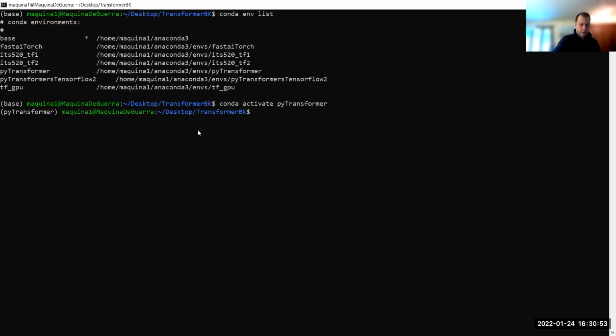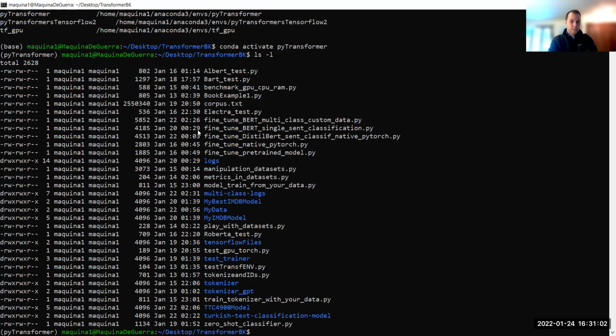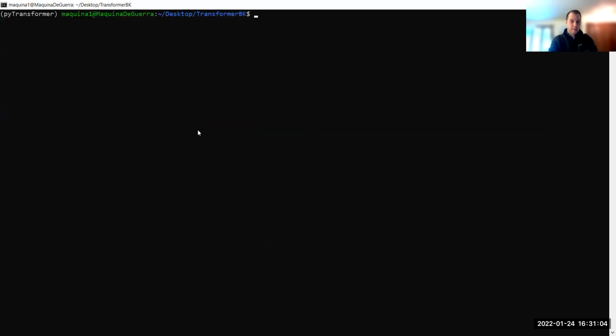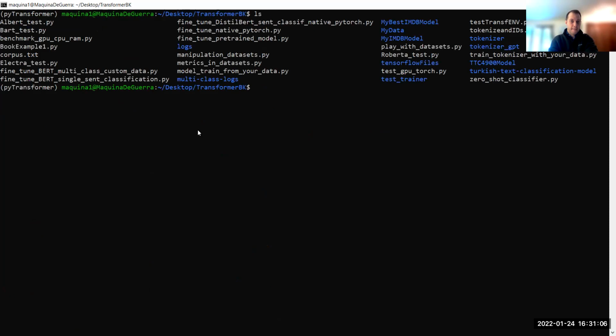That's my library. It supports PyTorch only for this. And is it Bart? Yeah, Bart. So then python bart.